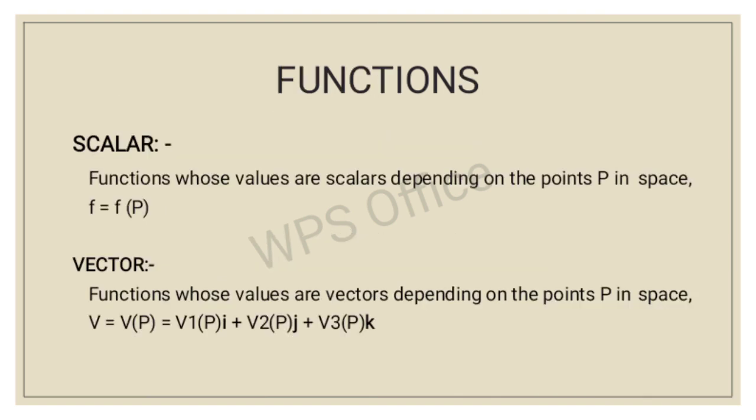Function for scalar: functions whose values are scalars depending on the points P in space. F is equal to F of P. Then function for vectors: functions whose values are vectors depending on the points P in space. V is equal to V of P, equal to V1 of P i plus V2 of P j plus V3